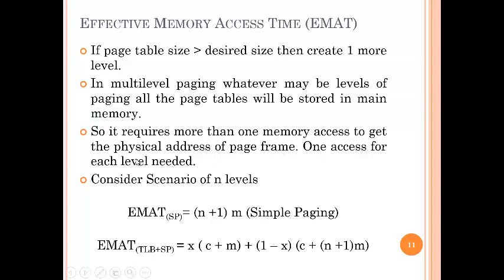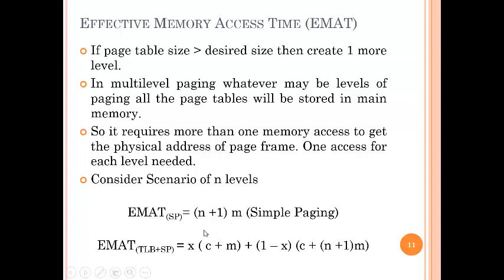One access for each level. Whatever the number of levels, you have to access each one once, plus one time for actual physical memory. So the effective memory access time, if you talk about simple paging of n levels, is n plus 1. N is for n page tables and plus 1 is for actual physical memory, and m is main memory